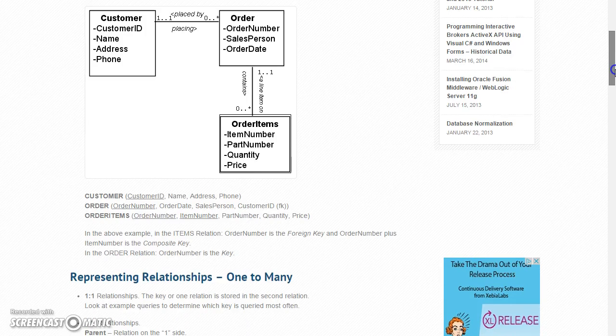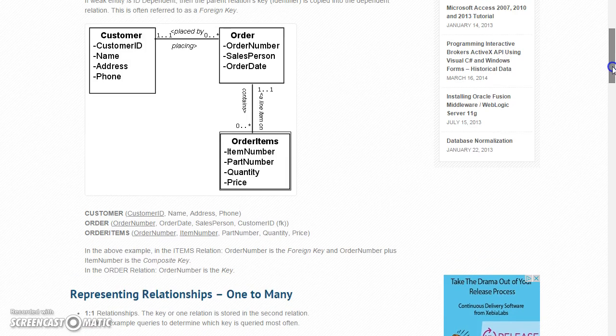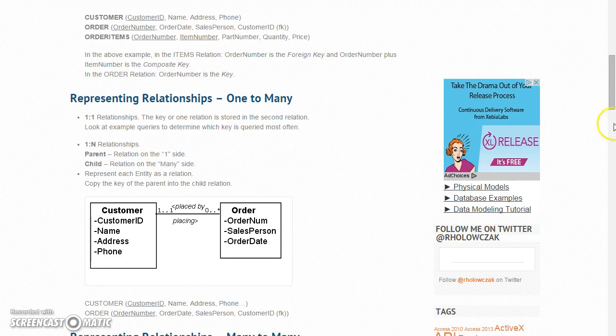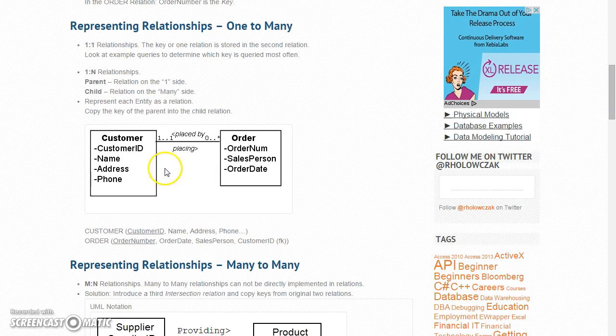Now, I'm going to skip the strong and weak entity rules, starting from one to many and many to one. For one to many, the rule says that in the many side, when you convert into relational tables, you want to add